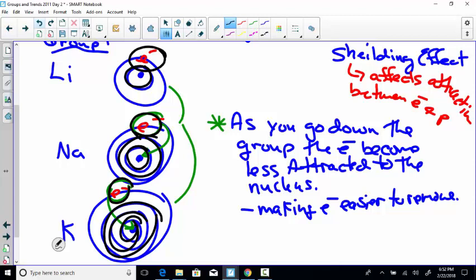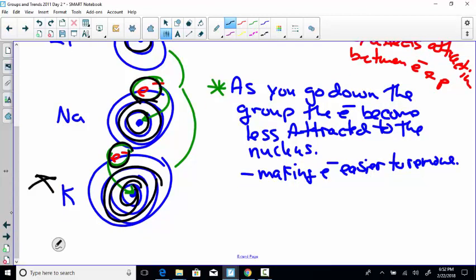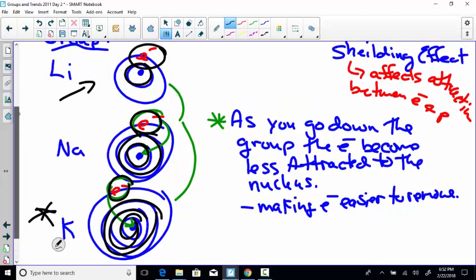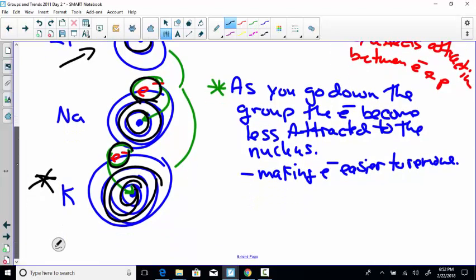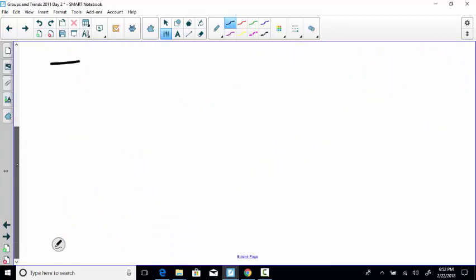So it's going to be easier to remove electrons from potassium than it is going to be to remove electrons from lithium. So when we start talking about our trend, down a group, our group trend is that the ionization energy